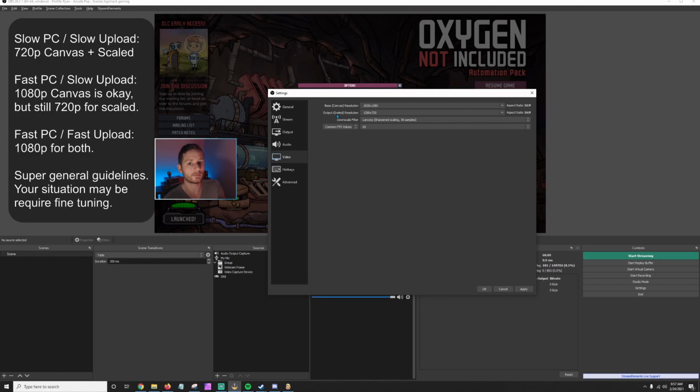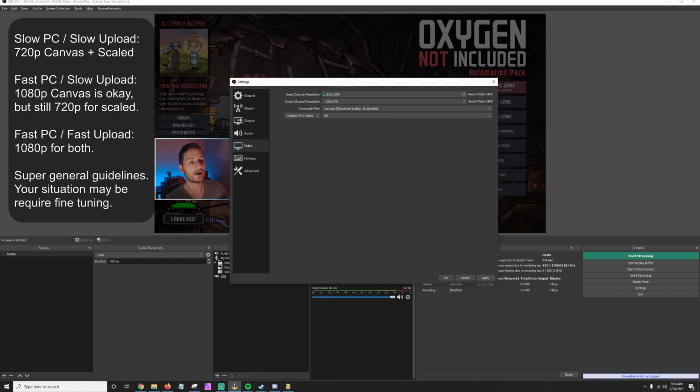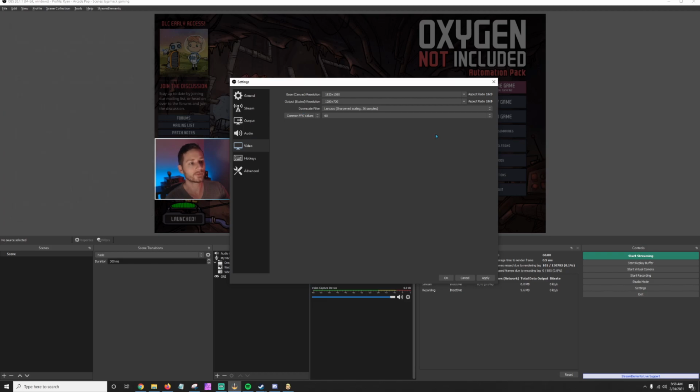So maybe your upload bandwidth is at 5 megabits per second. You might need to bump down to 720p so that it requires less of that to hit Twitch, like a lower bit rate. Now, how does the computer scale it down? That's the Downscale Filter. If you have a more powerful computer, even though you have a smaller upload rate for your internet, you can probably get away with this last one,